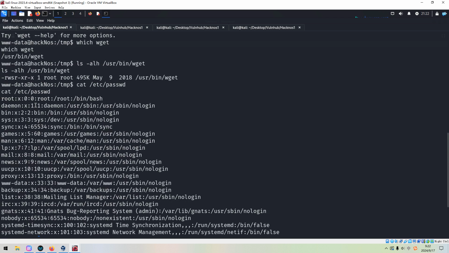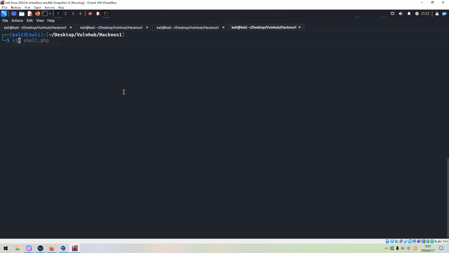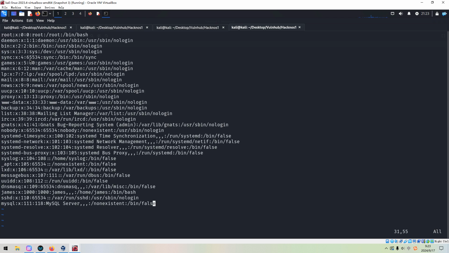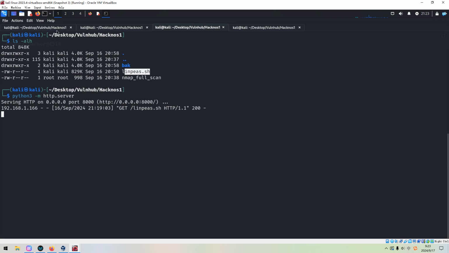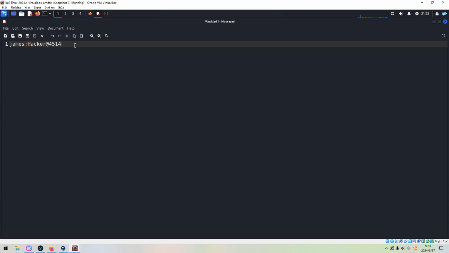We can copy the entire content, and we can create the file locally. Okay. So now also we can copy the first line, where the root user is located. We can put over here.